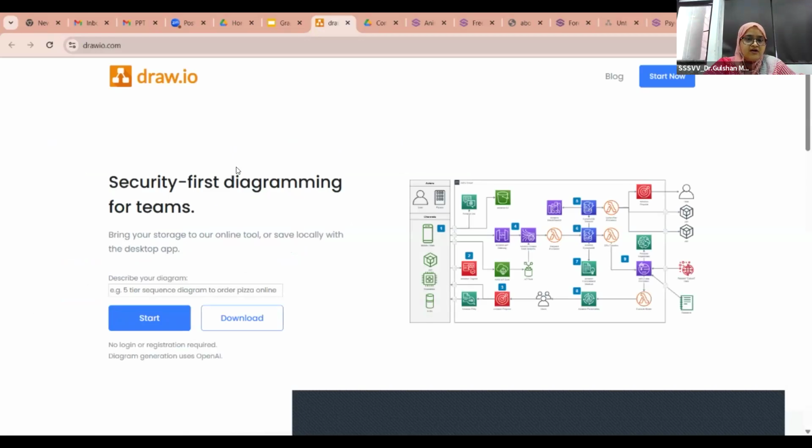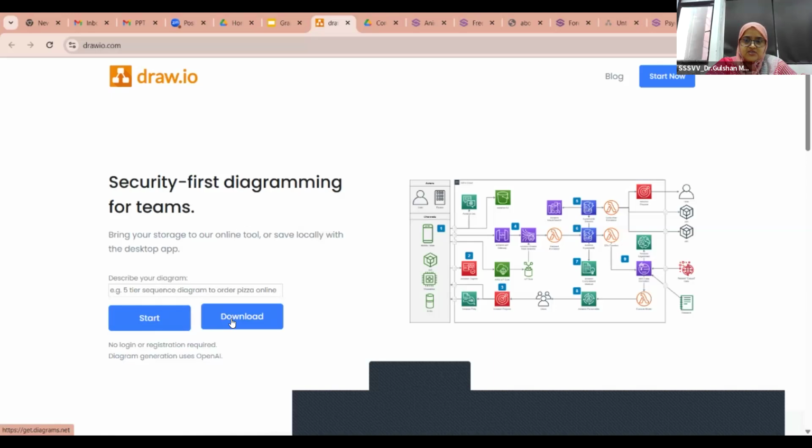There are also already available flow charts which you can avail from this website. Whenever you click on this link, or search for Draw.io, it asks you to start or to download. If you want to download the setup of this software, you can just click on the download option. And if you don't want to download, or you simply want to draw a flow chart, you can just click on the start button